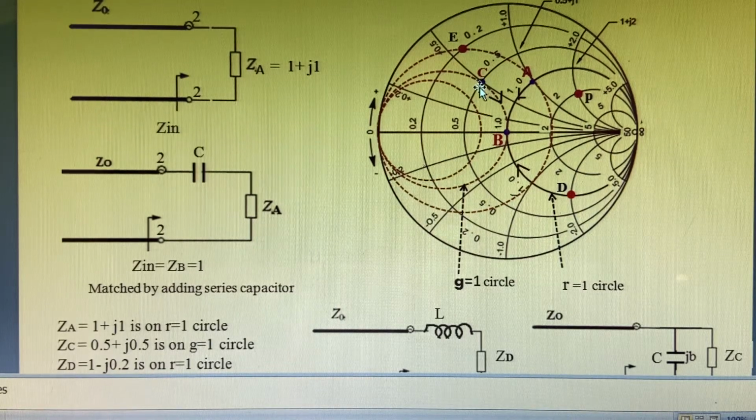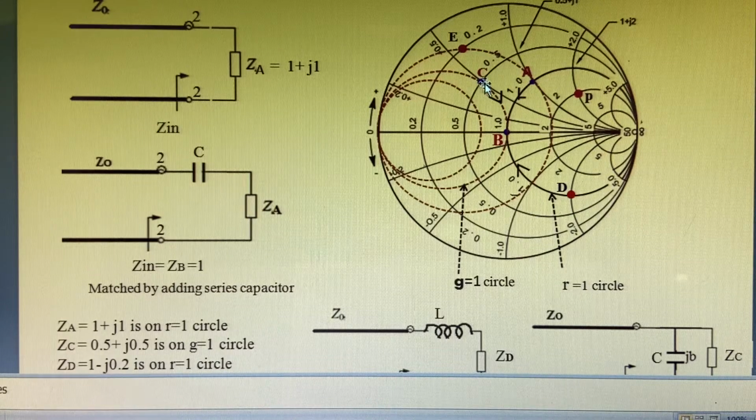So for this load point, there is a resistance circle passing through the point C. If you move over this circle, we will not reach the center of the Smith chart. So we need not move over this R circle, because if you move from C, assuming C is the load, that is 0.5 plus j0.5, over a constant resistance circle either in the clockwise or anti-clockwise direction, we do not reach the center. So do not move over this.